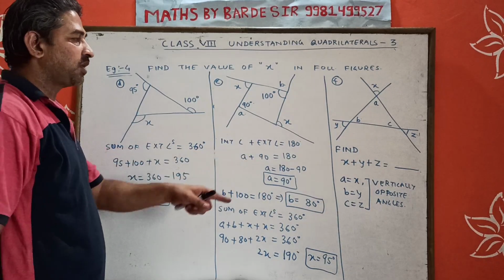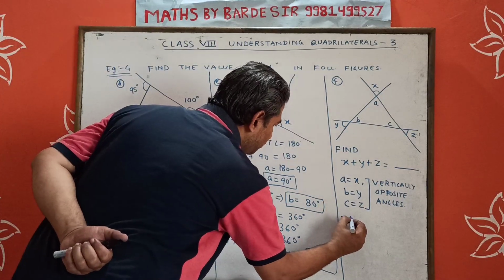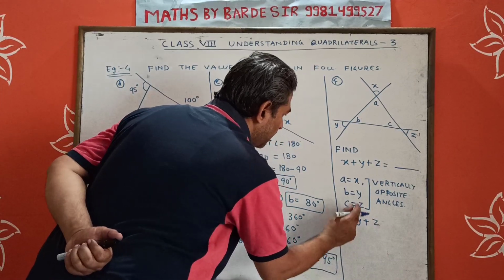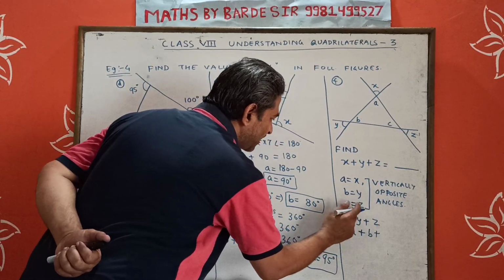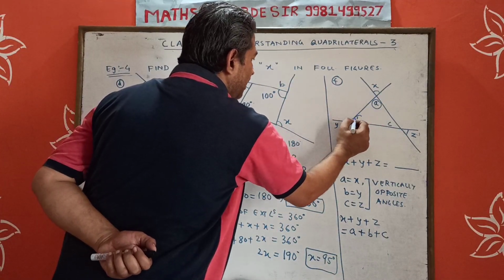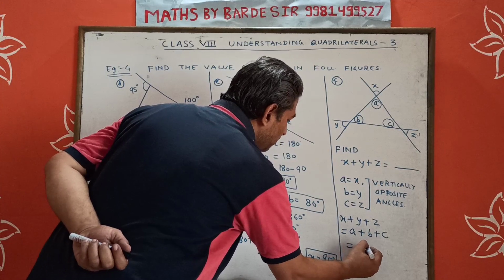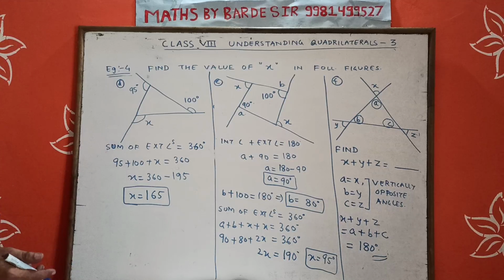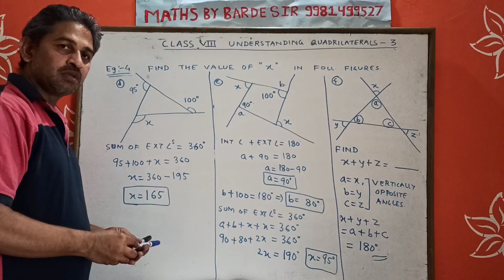So we have A is equal to x, B is equal to y, C is equal to z. Now we have to find out x plus y plus z. So we see x plus y plus z. x is equal to, what was it, children? A. What is the value of y? B. And what is the value of z? C. A plus B plus C. And A, B, C, these are nothing but the interior angles of a triangle. Therefore, A plus B plus C is equal to 180 degree. Hence, x plus y plus z is also equal to 180 degree. Okay? Was that clear? Right?